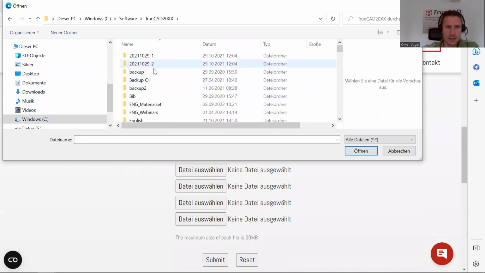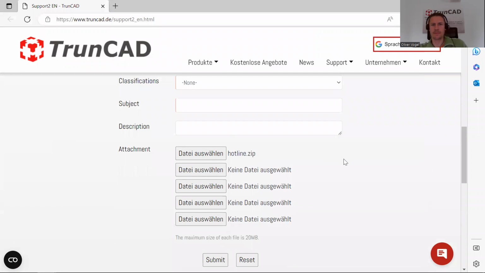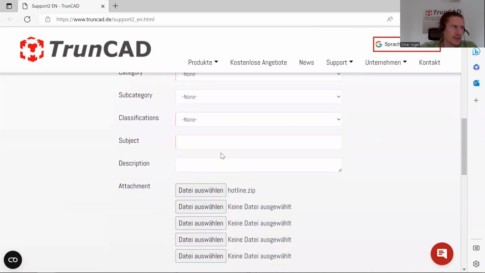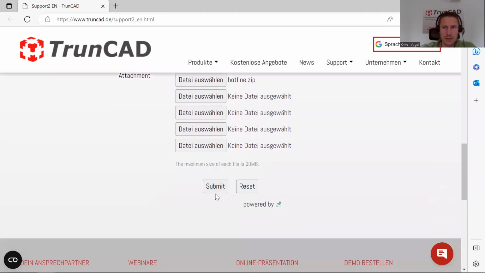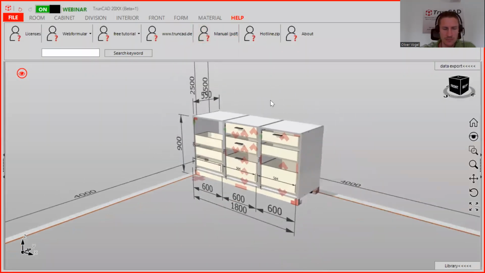It's in the TrunCAD folder, in the backup folder. Here's a hotline zip folder. So you just type in your subject and your issue, and then we can help you. After you submit it, you also receive an email with your ticket number. All right, now it's closed, and